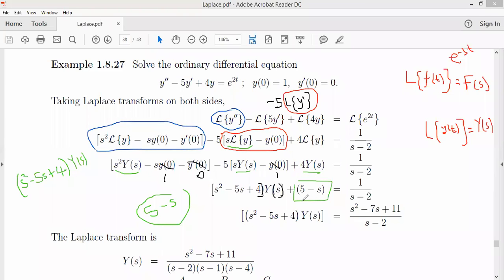So after doing this, what do you have to do? The only thing you have to do now is make ys the subject. How do you make ys the subject? Since this term has ys, but this term doesn't have ys, it means you have to take this term to the other side. So we cross this one out and take it this way. It is positive, this will be minus,